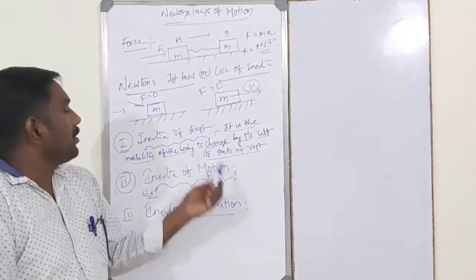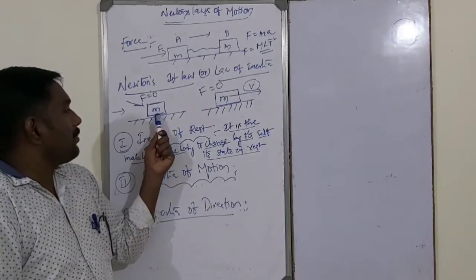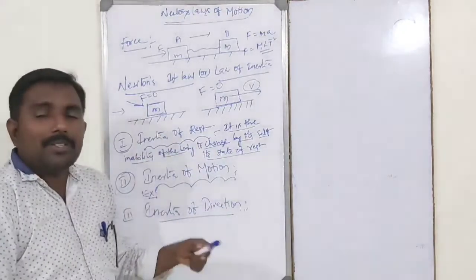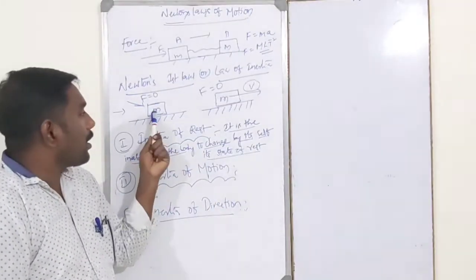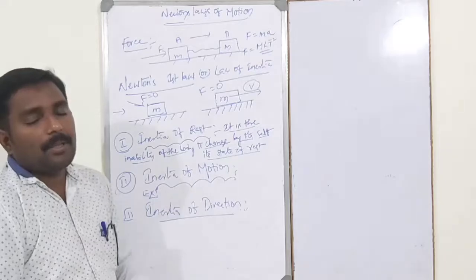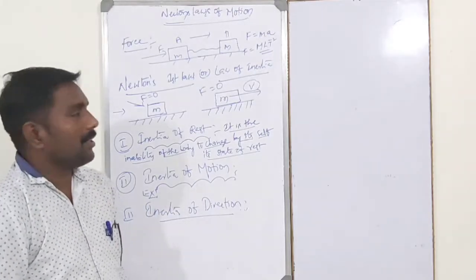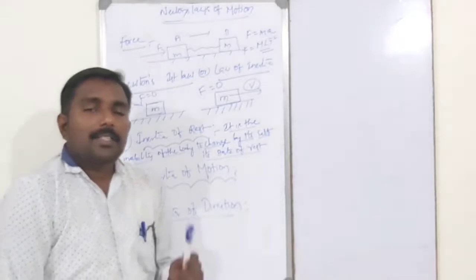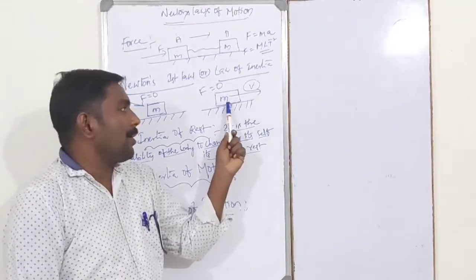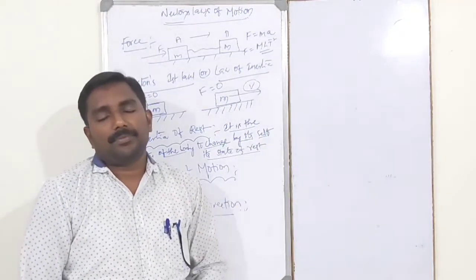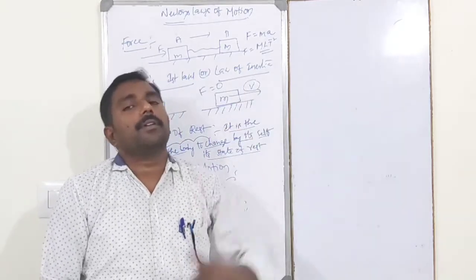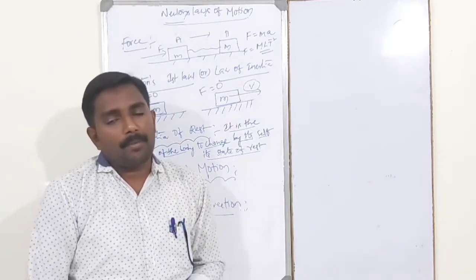For example, let us consider a body of mass m initially at rest on the earth's surface. There is no force applied on the body. The body remains at rest. This is the first case. The second case: suppose a body of mass m is moving with a velocity v. There is no force applied on the body. The body continues moving. In this case, please remember,